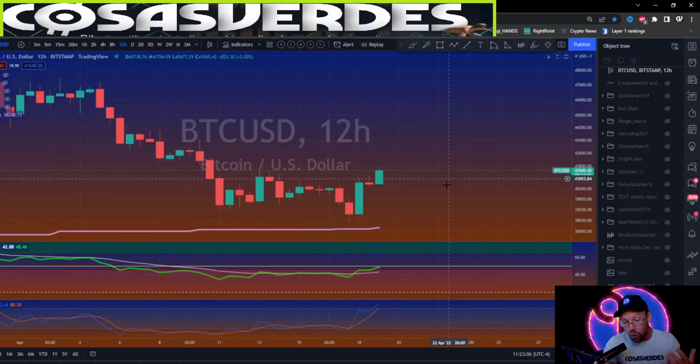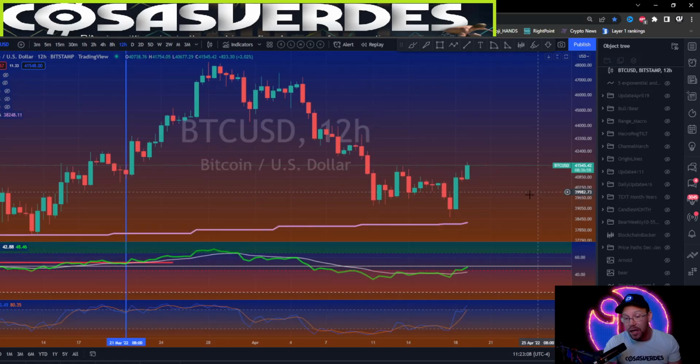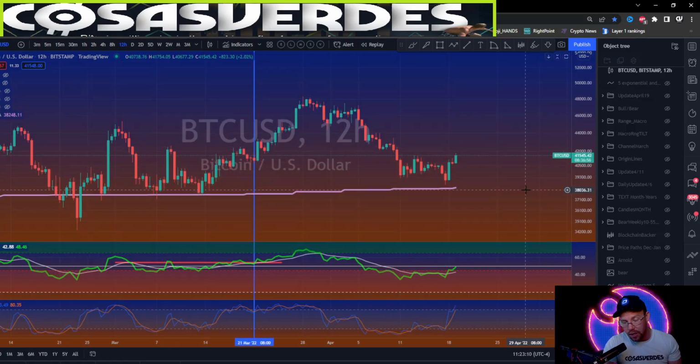But anyway, that's just one little trick I thought I'd show you. So that was one thing I was seeing in the charts to be able to give everybody a heads up to a move up to hit my exact target 12 hours later. The move hadn't happened when I did it. That's one thing I was seeing. The daily chart,